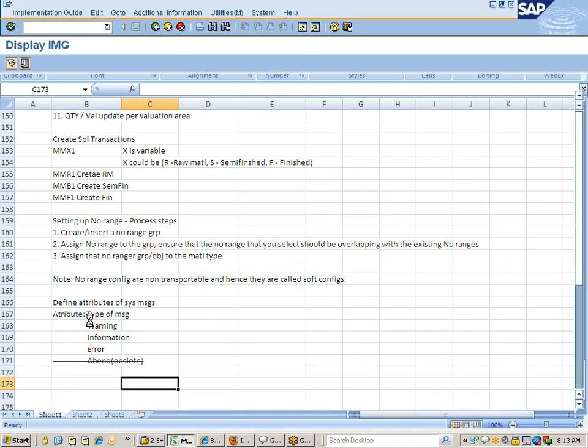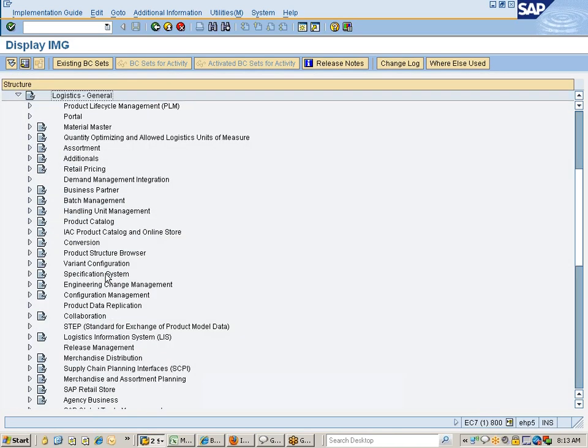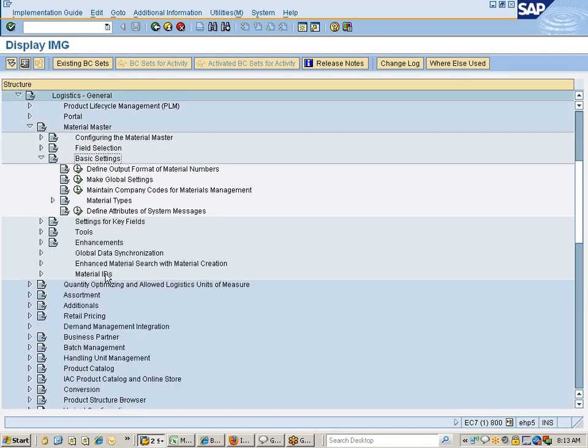So like that you can convert any message, an information or informative or warning message, into another message. Or if the business doesn't want a hard error, you can convert that hard error into a warning message. Or if the business doesn't want to see a certain message at all, you can suppress the message. And here is the control for all those things. Right? So once we complete the basic settings, we will then go ahead with settings for key fields. So here,